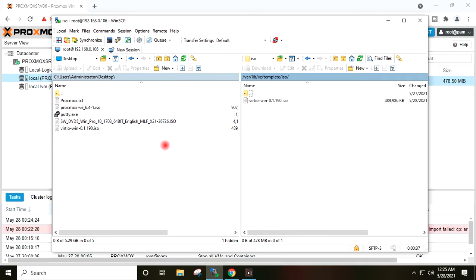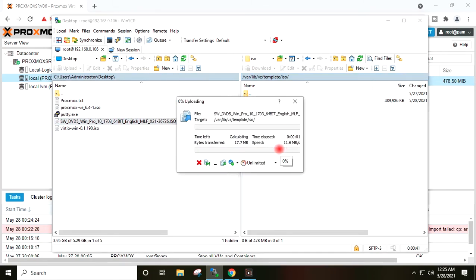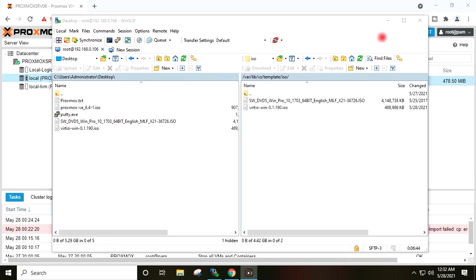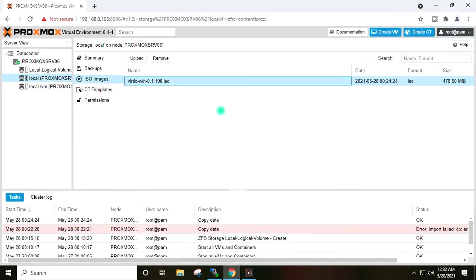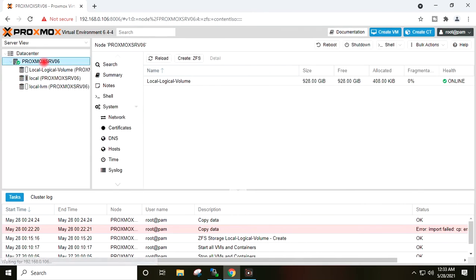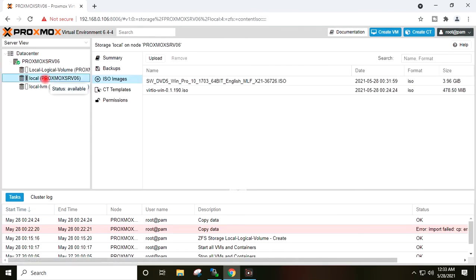Here you can see what ISO is already present. I will drag here the Windows 10 ISO also, which will start the Windows 10 ISO upload. I will again go to Proxmox default local storage, and you can see here both the ISOs are present here.